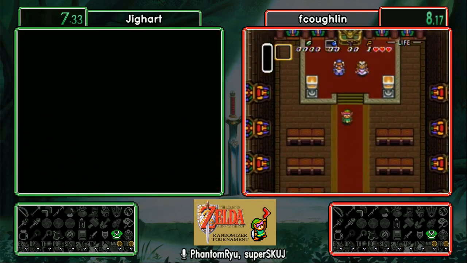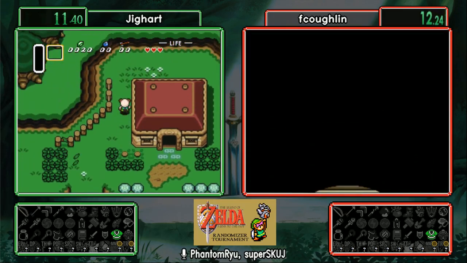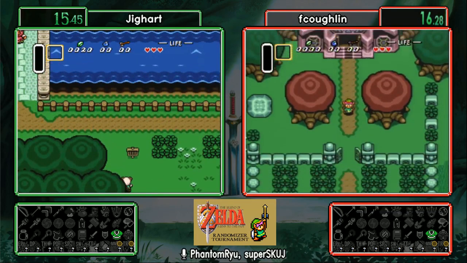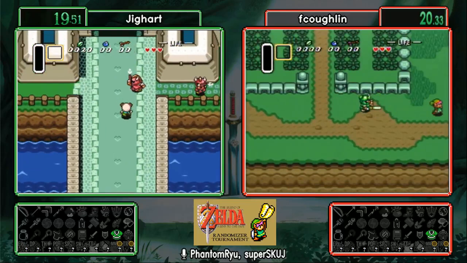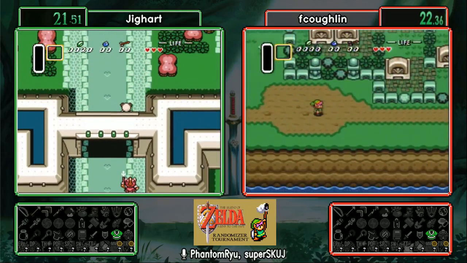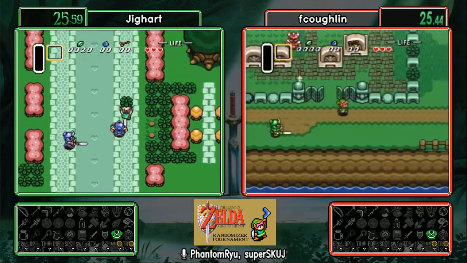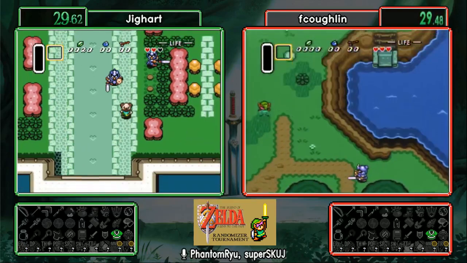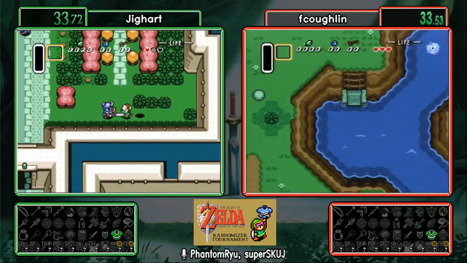So if you are new, this tournament is being conducted in the open mode, which means the game begins with Zelda already rescued, but no chests open. Our runners get to pick their starting point between either Link's house or Sanctuary, but they will start off with absolutely no items. And that includes no sword,